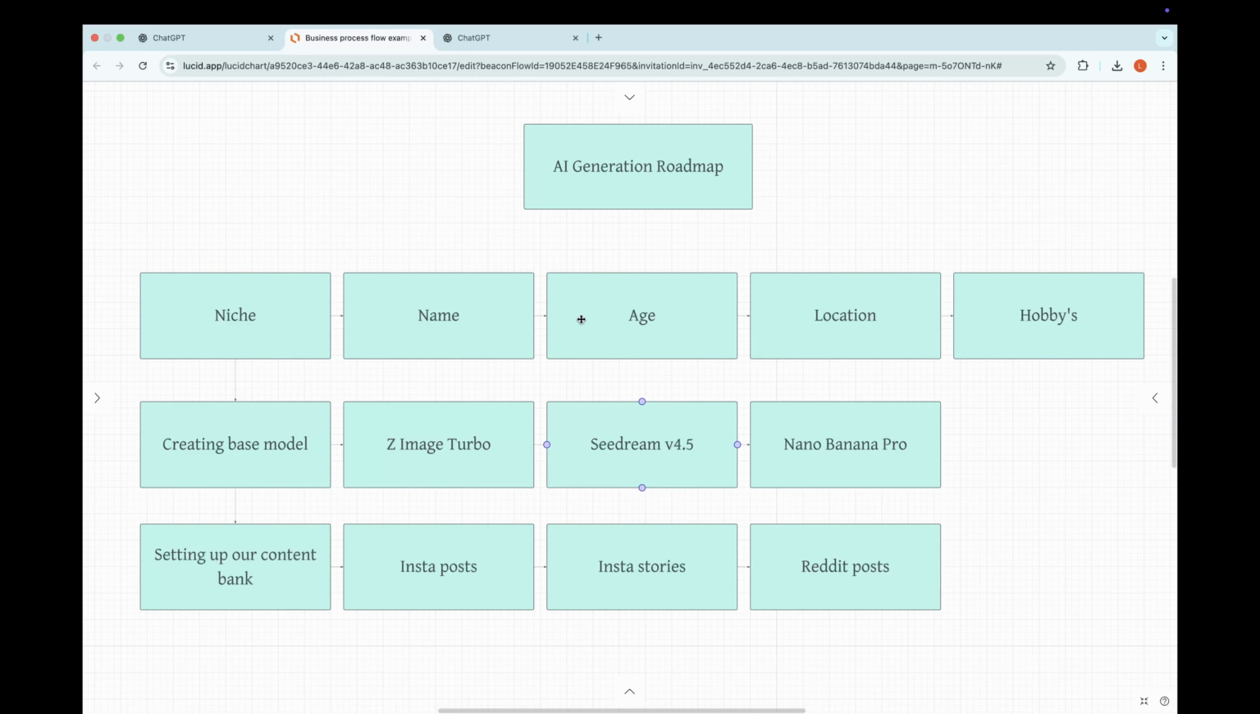Instead, we will be using three main tools, all available on wavespeed.ai. I will put a link into the description. For creating the base model, in this episode we will use Z-Image Turbo, Seedream V4.5 Edit and Nano Banana Pro Edit. So for this video, this is gonna be the roadmap we are gonna use to generate our own model